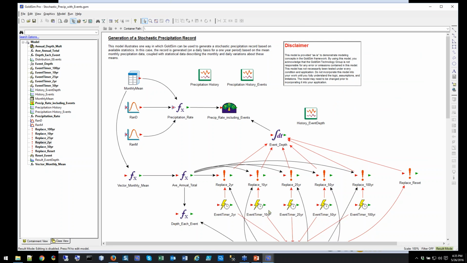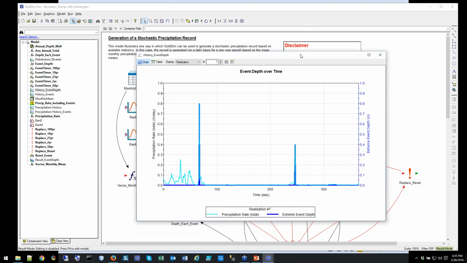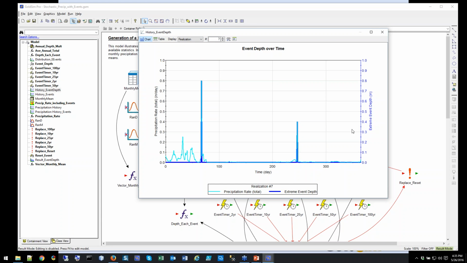But when one of these events occurs, we will have an inserted time step point. So if we look at some of the results, you can see this is the result for realization 7. And so you can see in the lighter blue line we have our background precipitation, and that's with the lighter blue where it doesn't coincide with the dark blue. The dark blue just represents when there's an event,